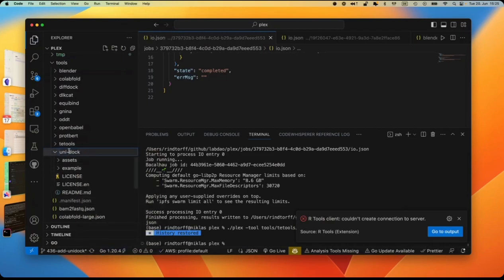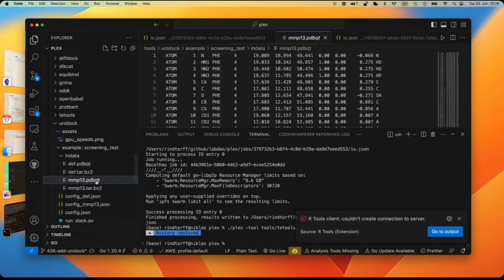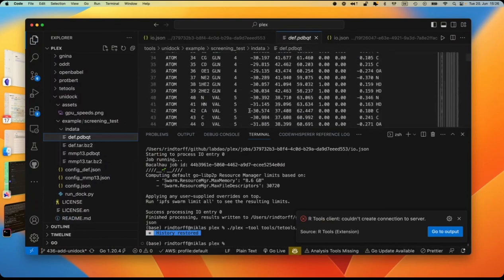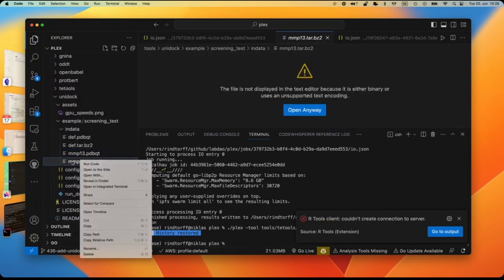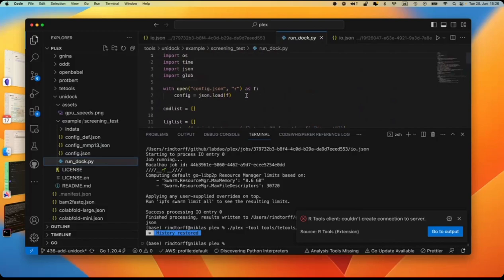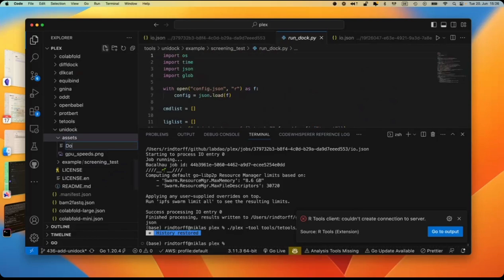I can rename it slightly. And then we just have some example files here. This is the example protein. I'm not sure whether we have an example small molecule as well. These all look like proteins. Not sure what we have over here. We'll have to see. Okay, so what we need to do now is set up a Dockerfile,